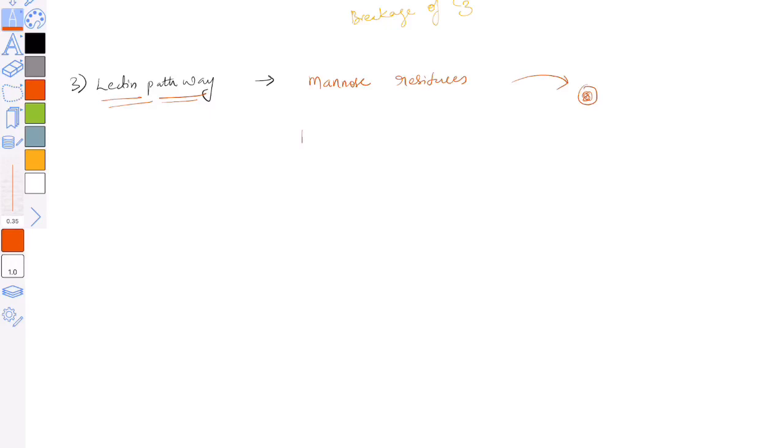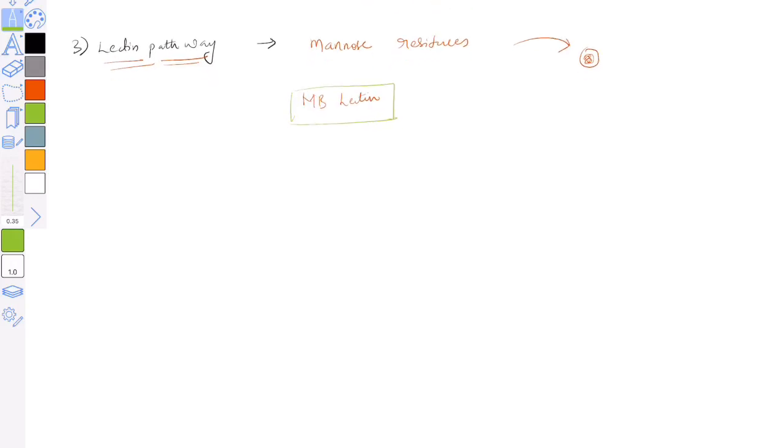That's the reason why it is called MB lectin. This MB lectin is going to bind to the bacterial cell surface. The bacteria has a cell surface, and on this cell surface you have these mannose residues. This MB lectin is going to attach to the mannose residues present on the surface